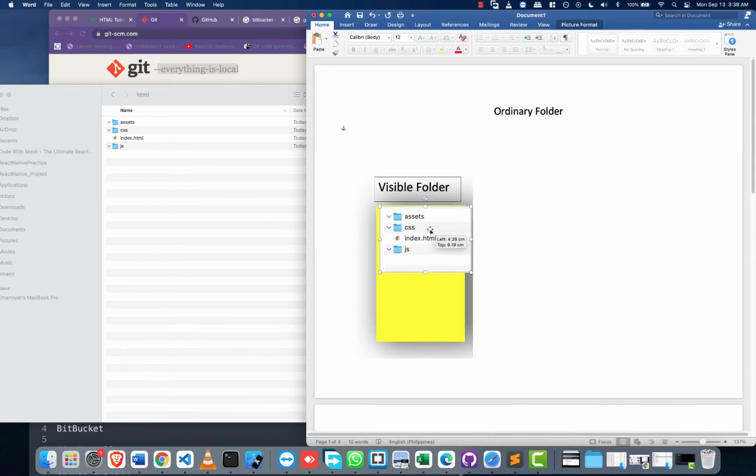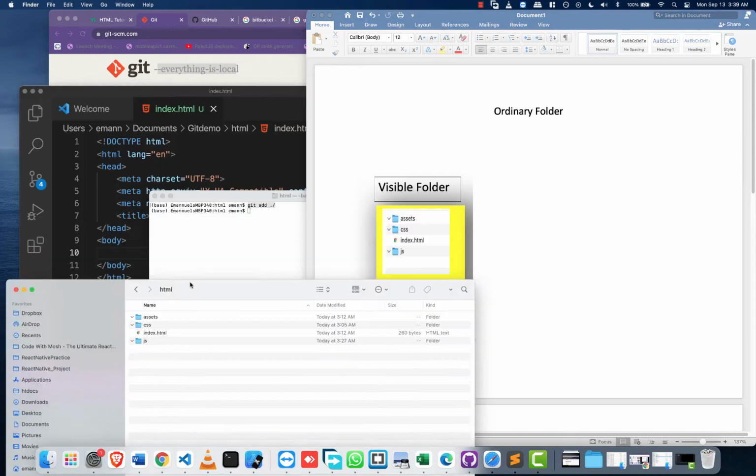So these files will be here, okay? If you know what I mean. So makikita mo na ito sa visible folder. Now if we git